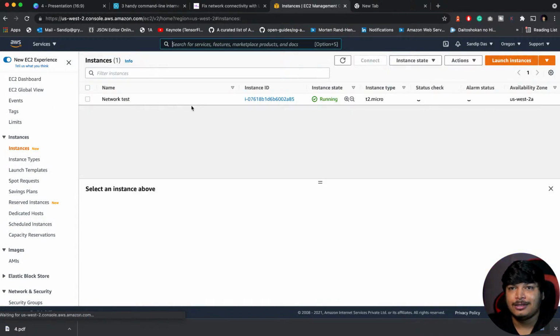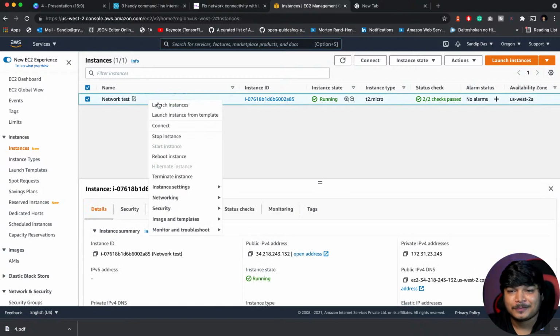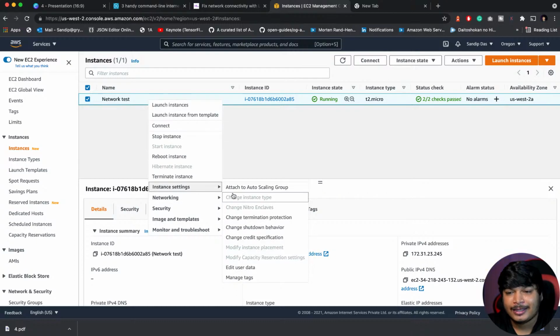And if you guys are having any problem seeing this, definitely let me know. I'll fix that, just like I did now, and say network test. Sorry, network. This is the name of the instance that I created. I manually put the value. See the instance setting, and right now the instance type is like